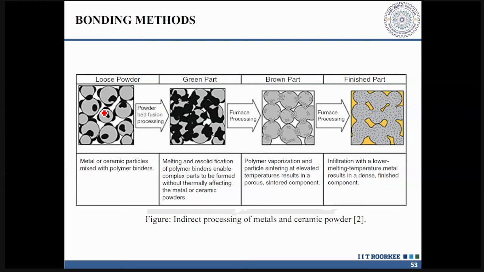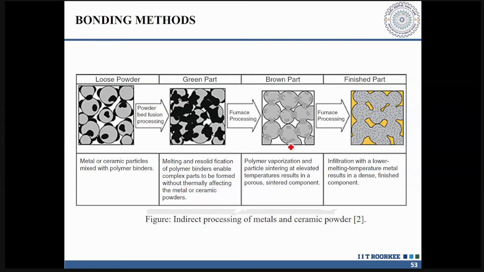Dark black is a low melting point material. Light gray is a high melting point material. When the laser strikes, it first melts the low melting point material. See, the black colored portion has melted and it has filled up the cavity. So it is actually liquid that is bringing the powders together. So it is a liquid phase sintering.